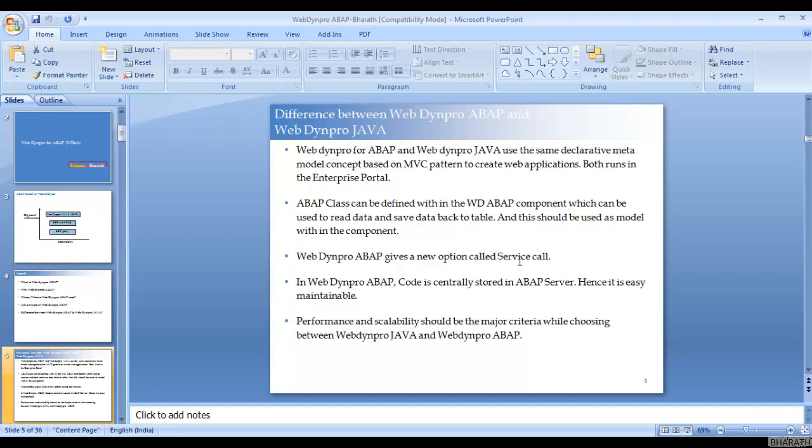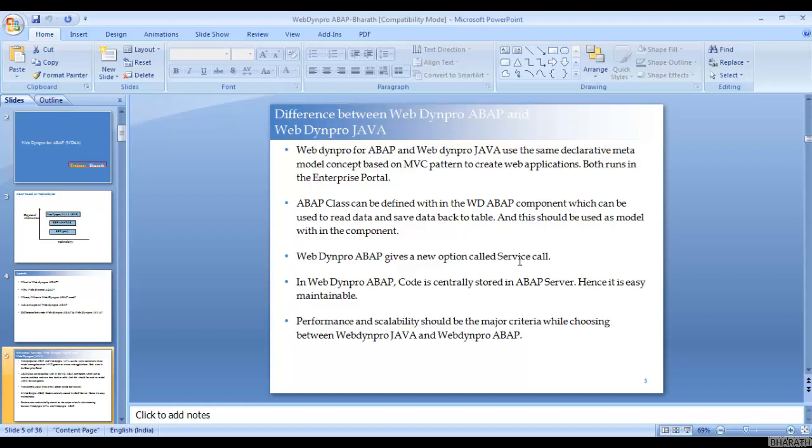The advantage of service call here in WebDyn Pro ABAP is that service calls can be created with regard to an RFC or BAPI, or function module, and also ABAP classes. The code will be generated by a service call wizard, so the developer will not have to write a single line of code.